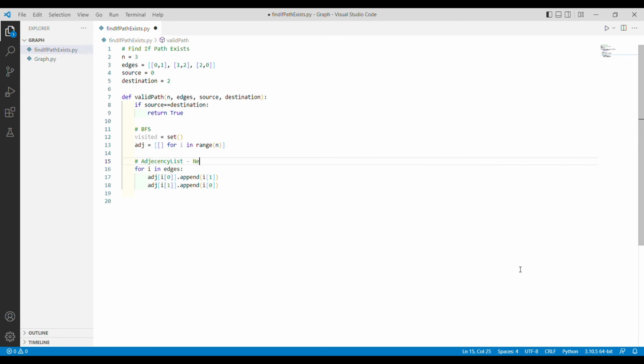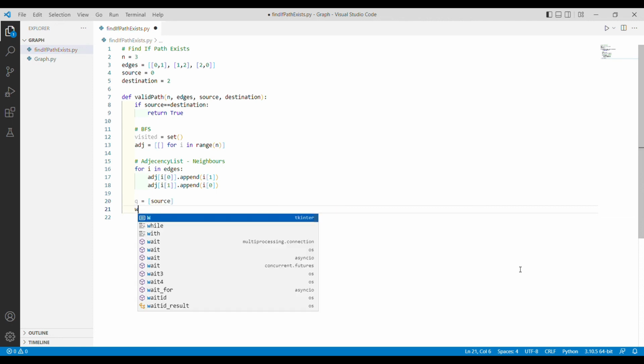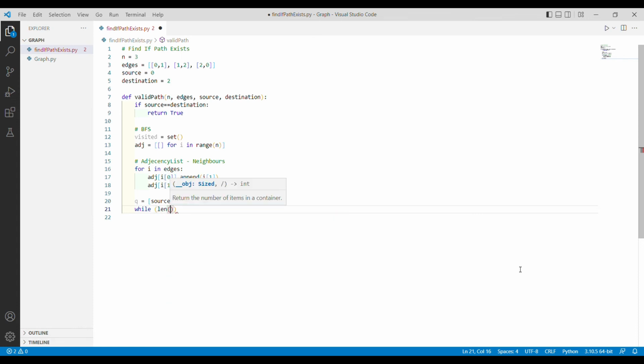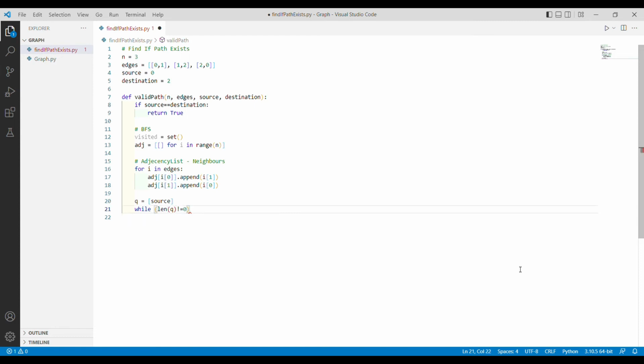So this is nothing but our adjacency list neighbors. Now I'll create a queue, and the only element that I'm going to add is source. And just like the breadth first search, we'll get into a while loop. While the length of queue is not equal to 0, we want this loop to keep repeating itself. And the first thing in the loop, we want to pop out the element at the front. So pop 0, we want to pop out the element from the front of the queue, and that will be